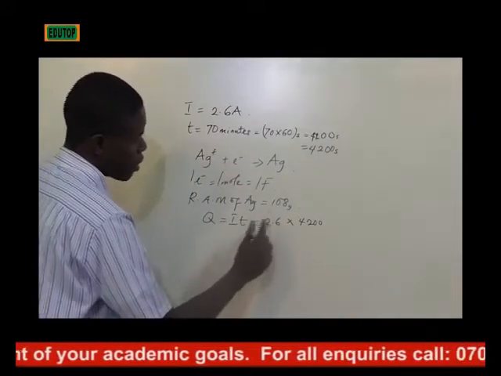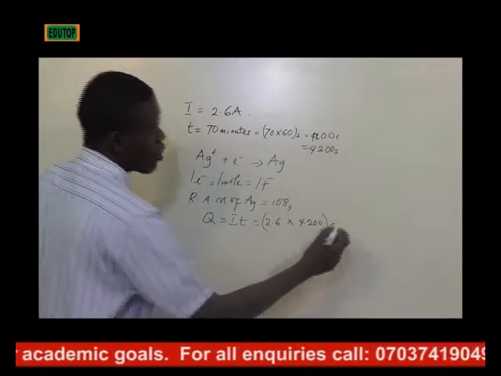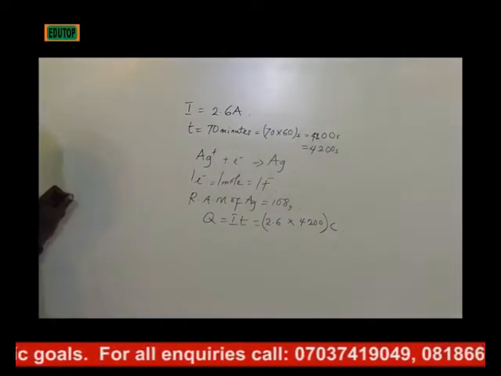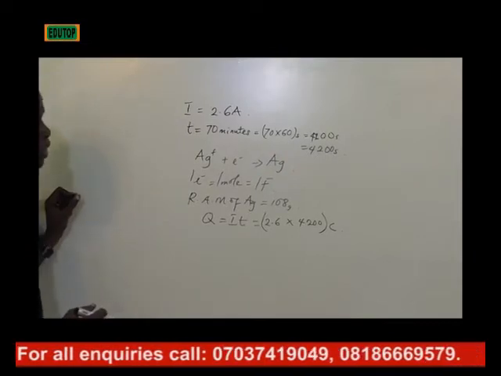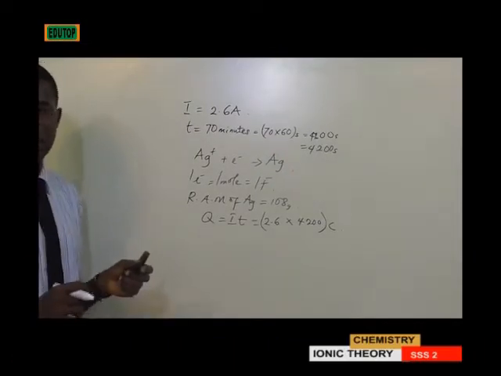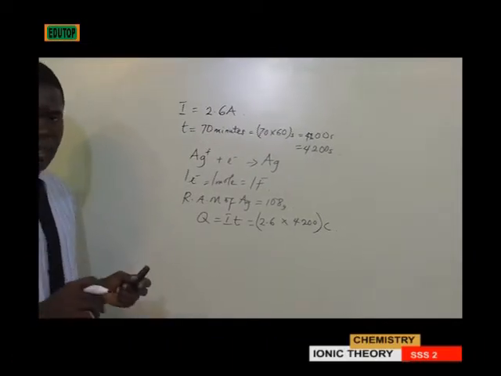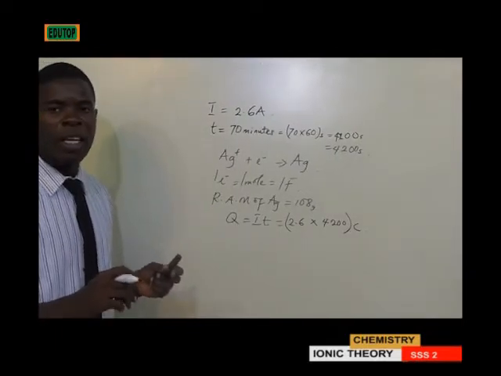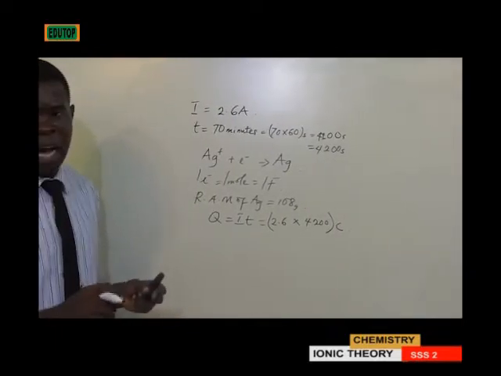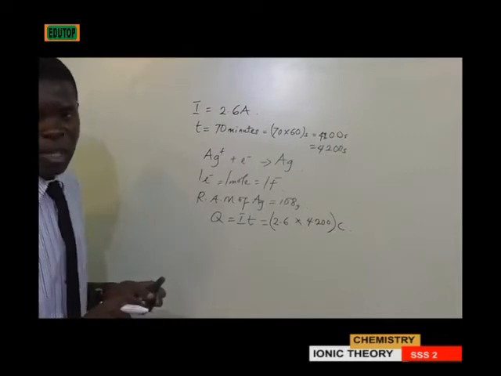That is the quantity, in coulombs, the unit of electricity. And since our interest is to look for the mass of the silver deposited, it can be deduced that